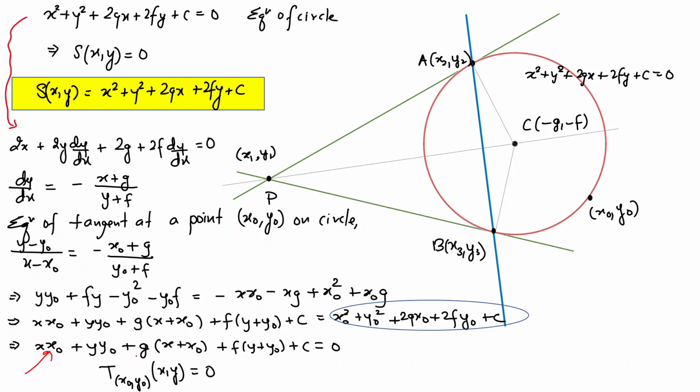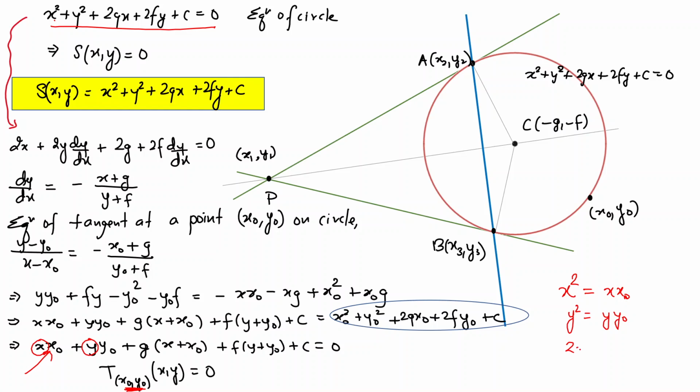What is this? I mean, what kind of a notation is this? This is some linear equation in x and y, as you can see, but it has been written according to the point x0, y0 by transforming the equation of the circle. How has the equation of the circle transformed? x square has become xx0, y square has become yy0,